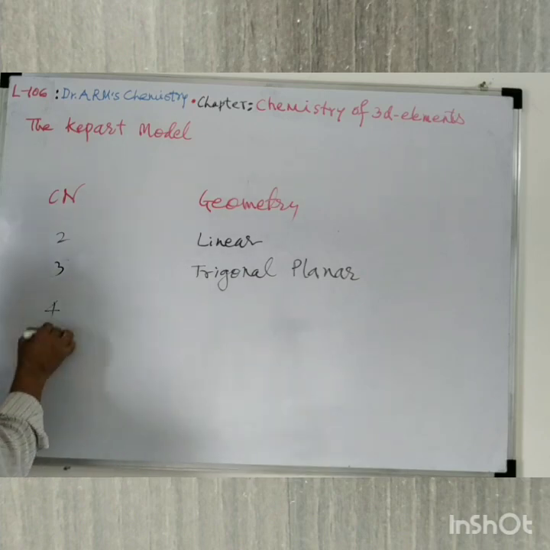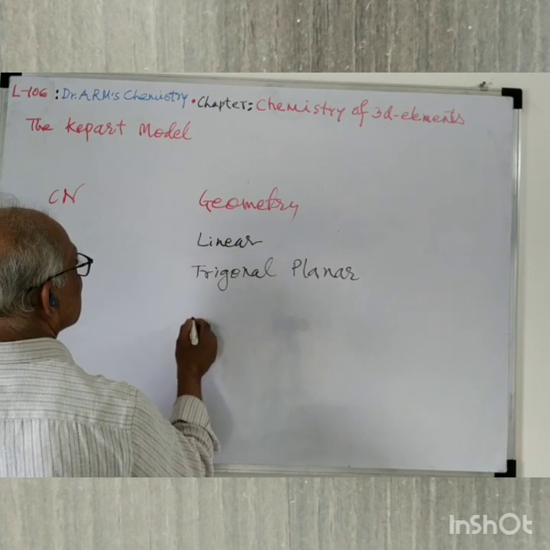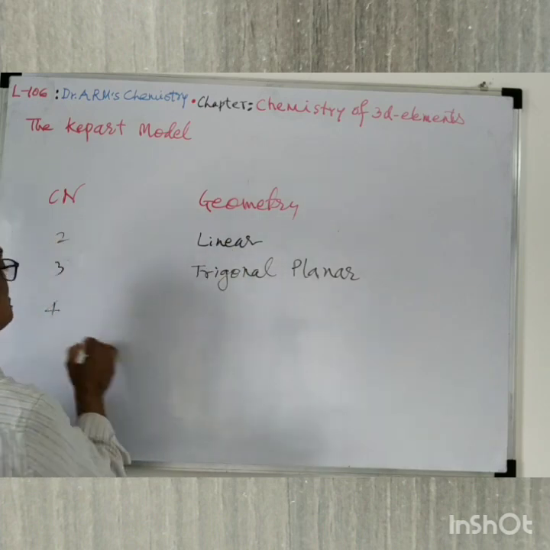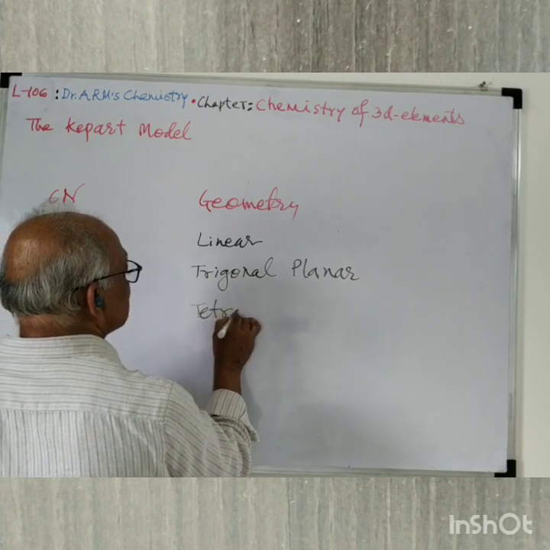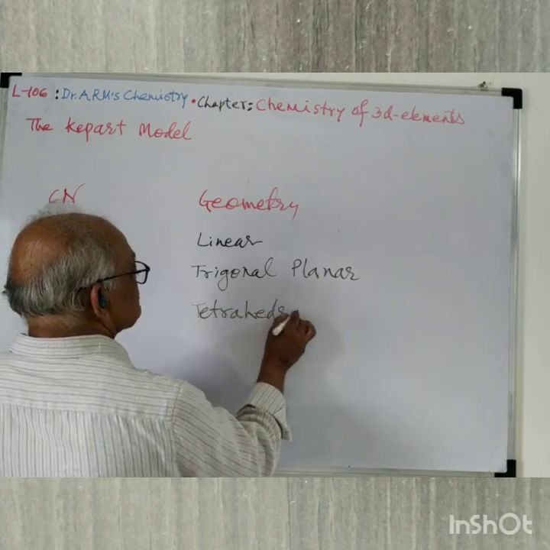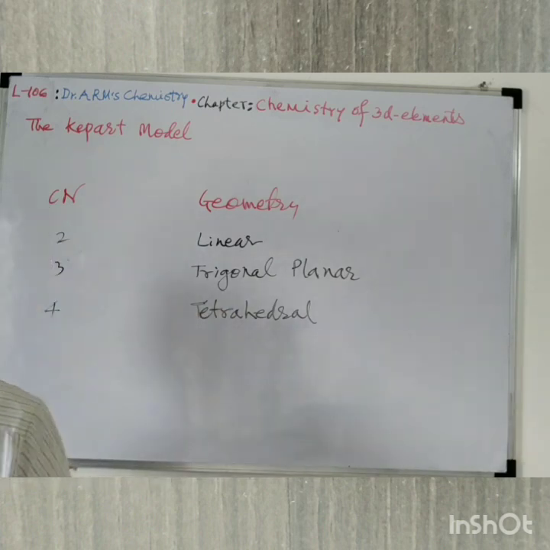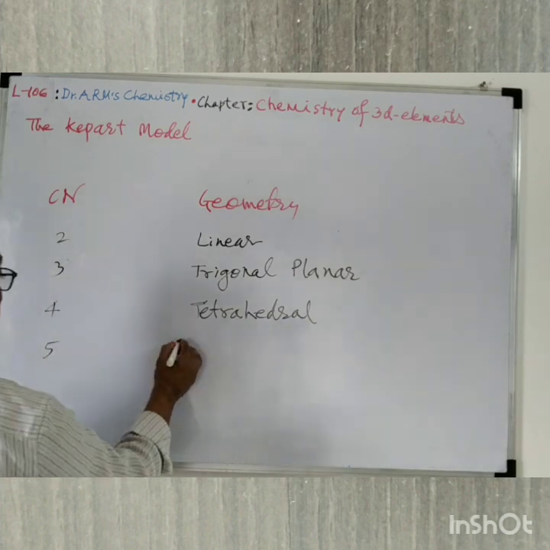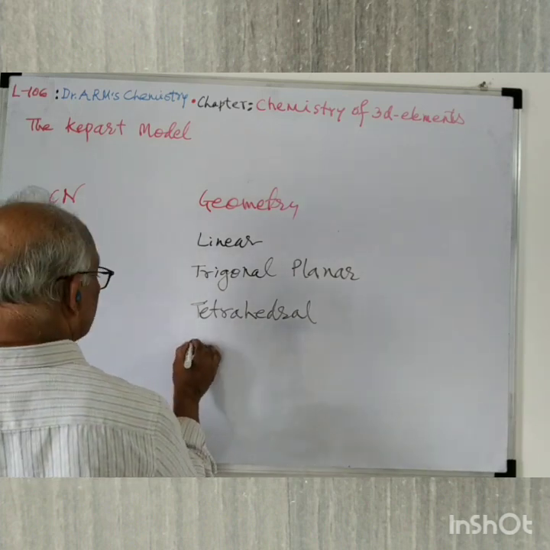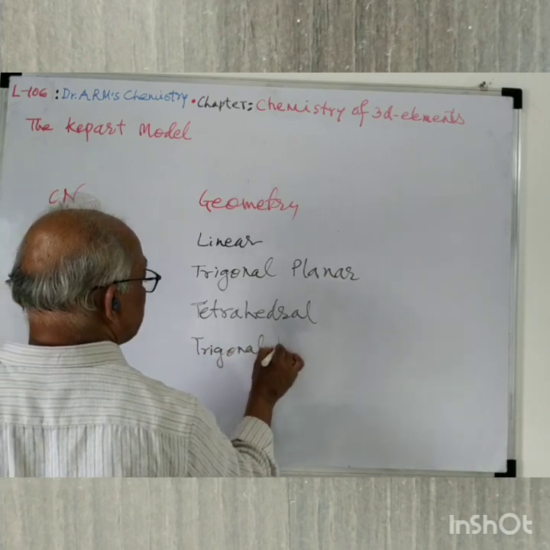When the coordination number is 4, the geometry is tetrahedral. When the coordination number is 5, the geometry is trigonal bipyramidal